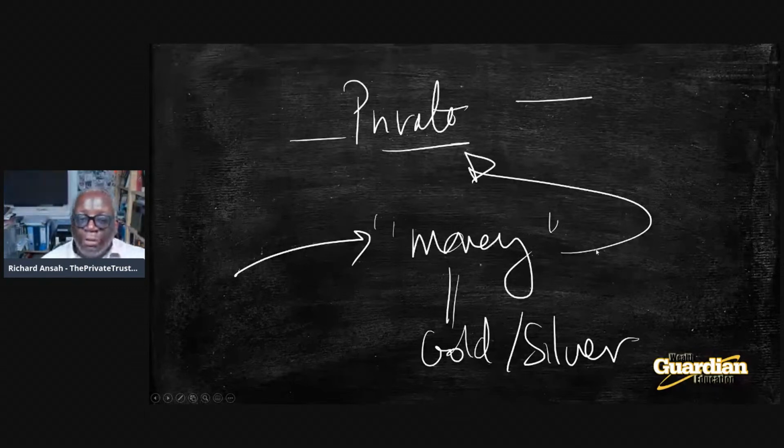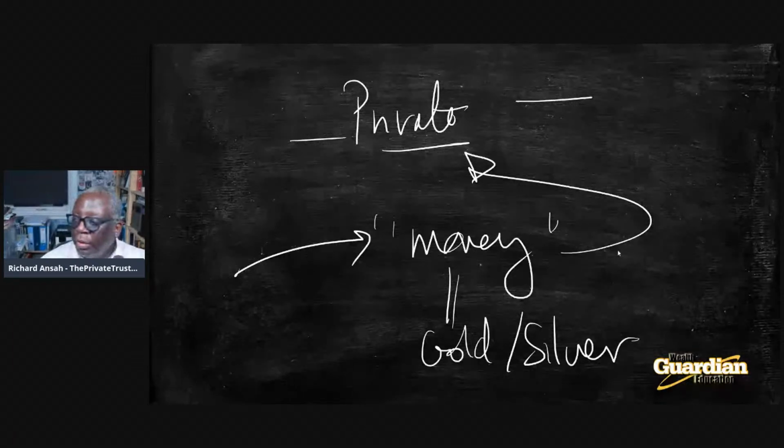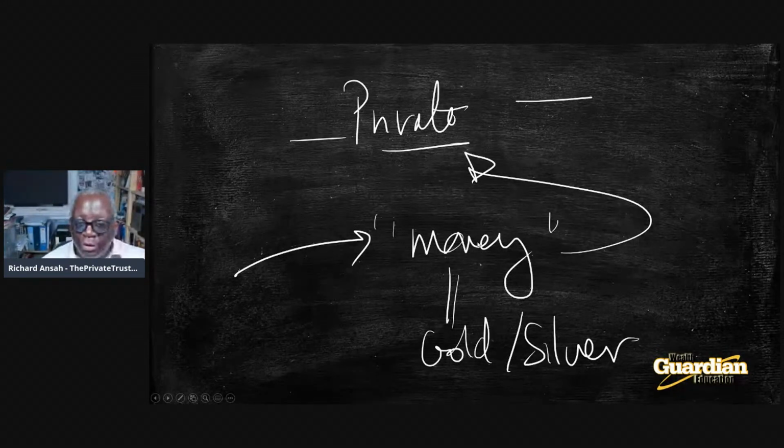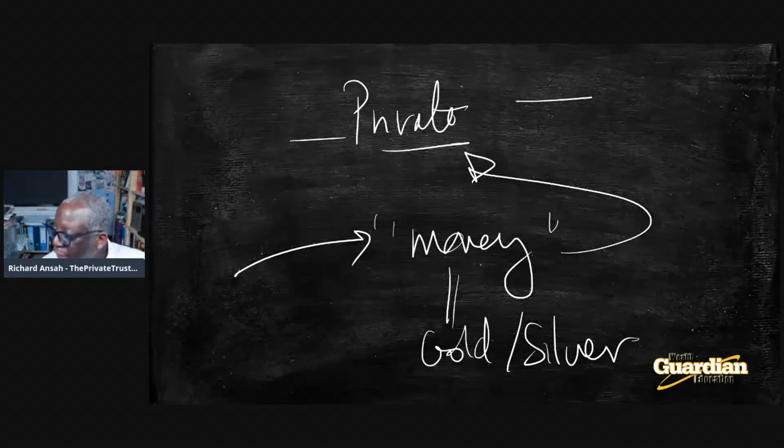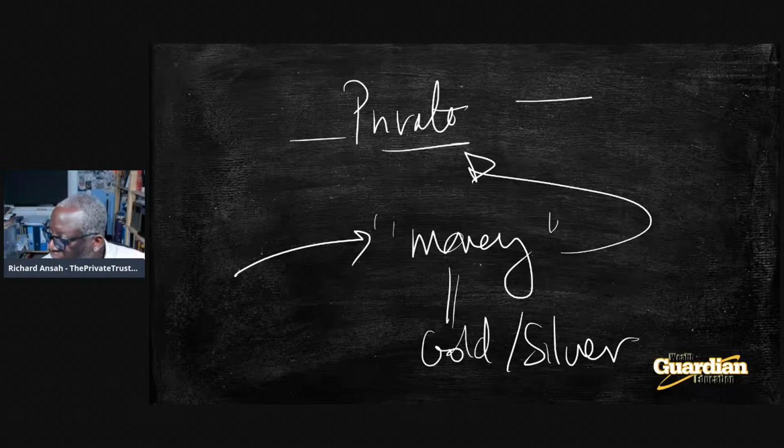So, can anyone, based on what we just shared and what we just learned about the difference between public and private, understand why putting money per se in a private trust is not going to work? So we've got a lot of answers coming through. So where are we going from? Right, so we've got